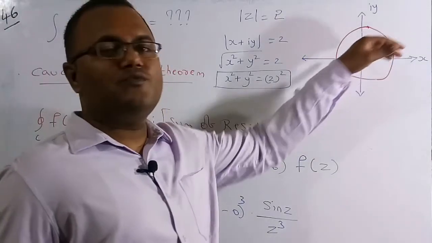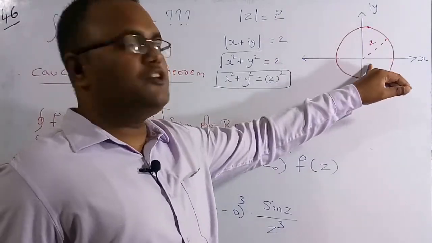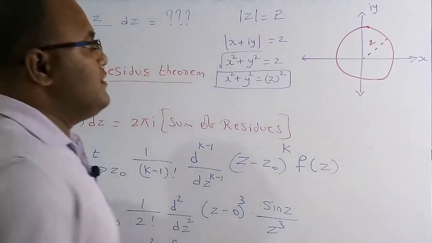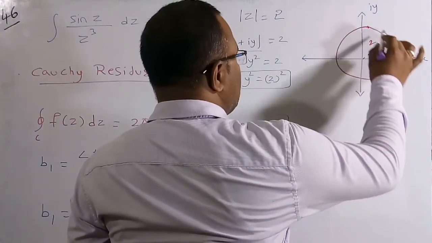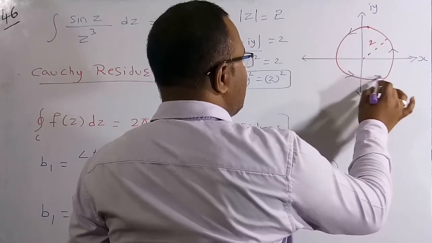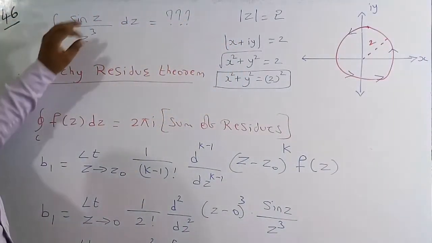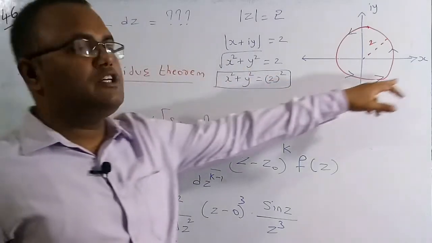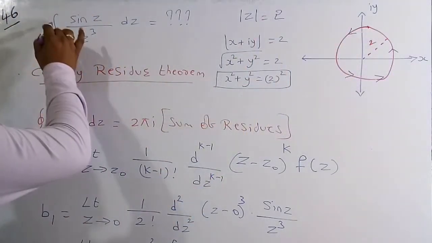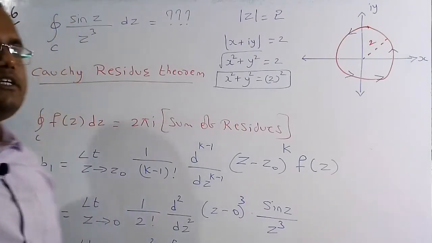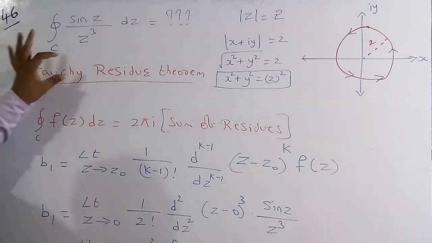I get it in this format in the z plane, with a center of 0, 0 and a radius of 2. So we have to find the integral over this curve. On this closed line integral, we need to figure out the closed line integral of this function around this path. Now the basic theorem, the Cauchy-Residue Theorem, states